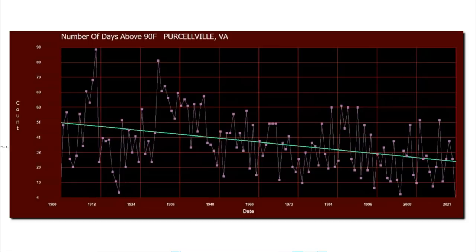1911 was an extremely hot year in the United States and Europe. We had the hottest July 4th on record in the United States in 1911. New England set their all-time record maximum temperatures. Thousands of people in New England died from the heat, and tens of thousands of people in France and Germany did as well. Just like at Omaha, the number of 90-degree days at Purcellville has plummeted to record lows in